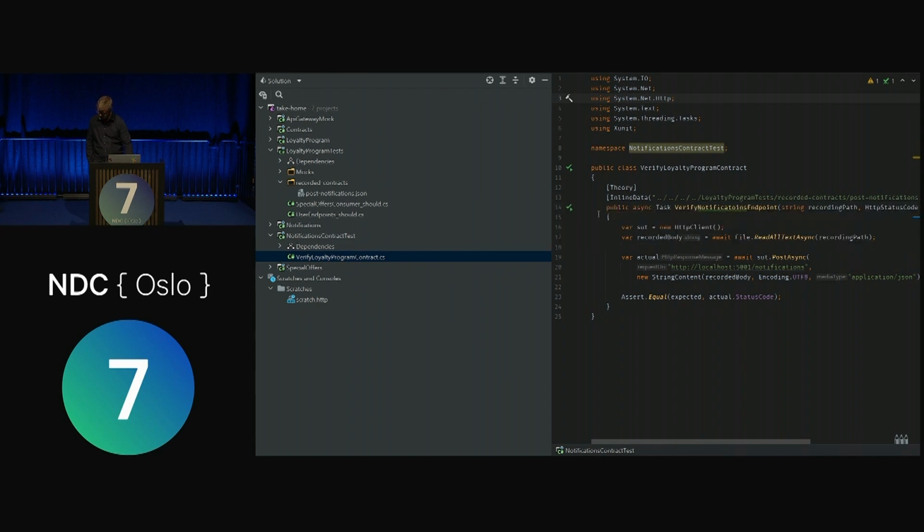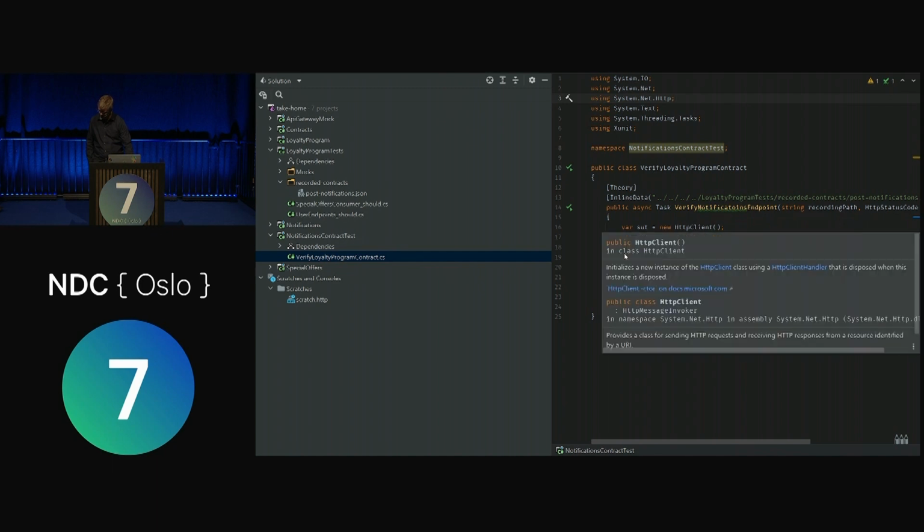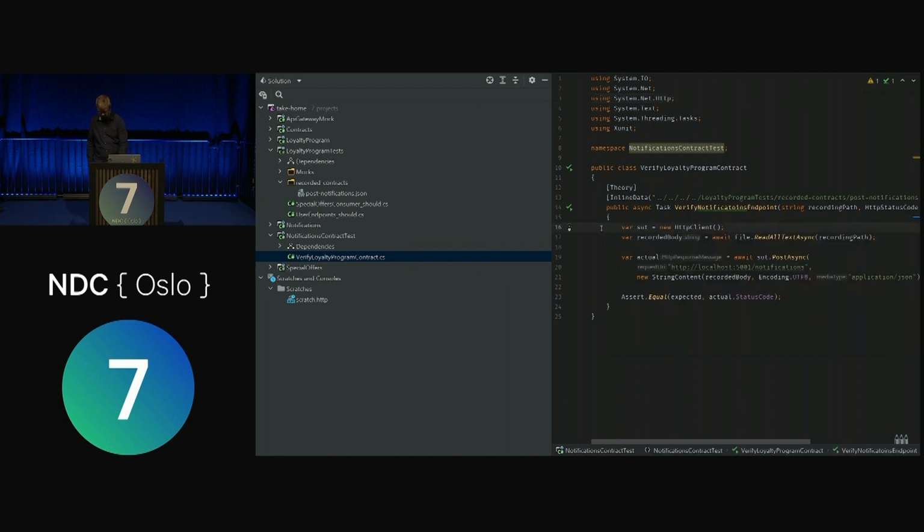And then it creates an HTTP client, reads from that file because that's the body of the request we want. It does the actual request towards the actual notifications. You can see localhost here. Depending on where and how you want to run your test, that can be localhost, or you could run it against the test environment. That's sort of also a consideration, but that depends a little bit on how your whole environment is set up.